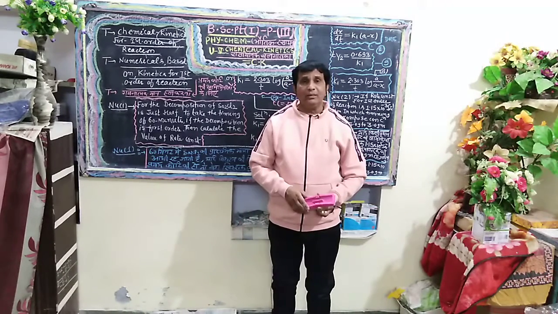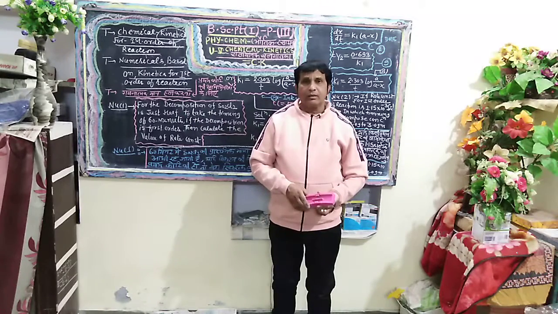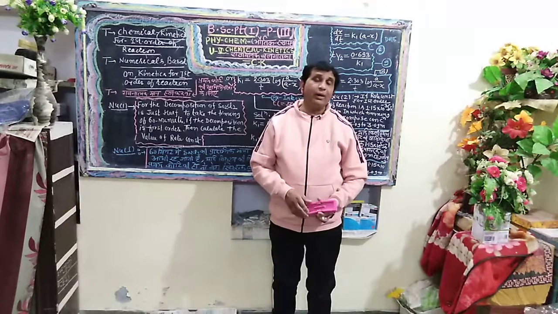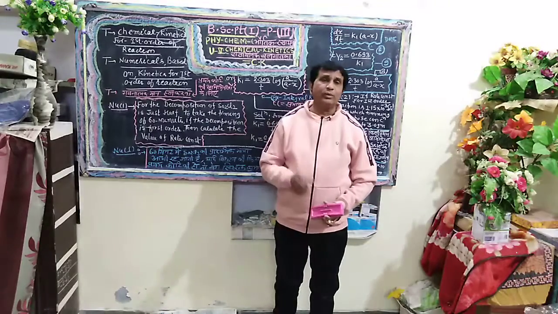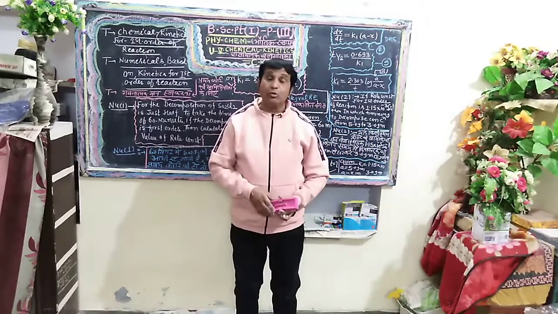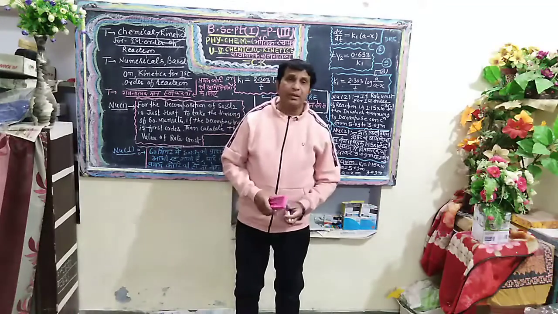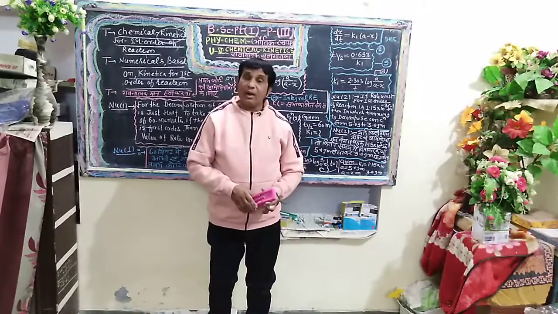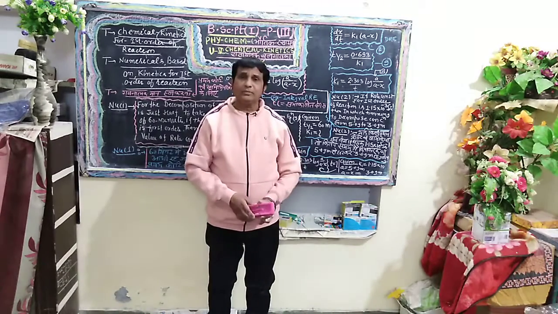Now, the second postulate of chemical kinetics is mainly concerned with the graphical representation for first order reactions. Students of BSc Part 1, two major questions arise here. First, what are the quantities between which the graph will be plotted? And second, what is the shape and size of the curve?